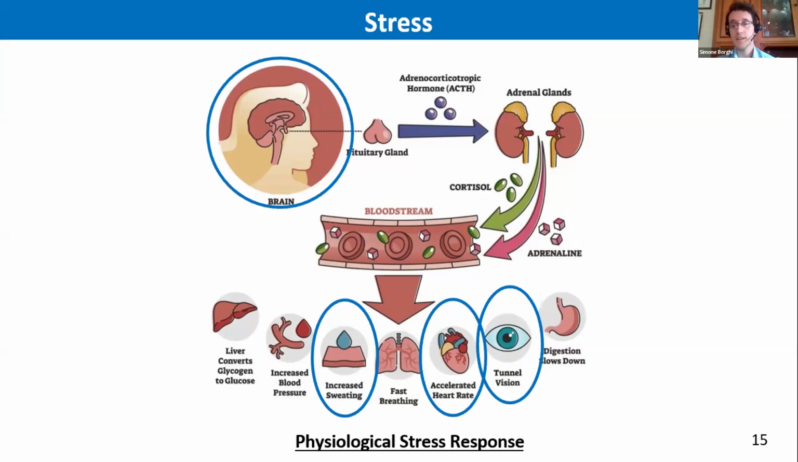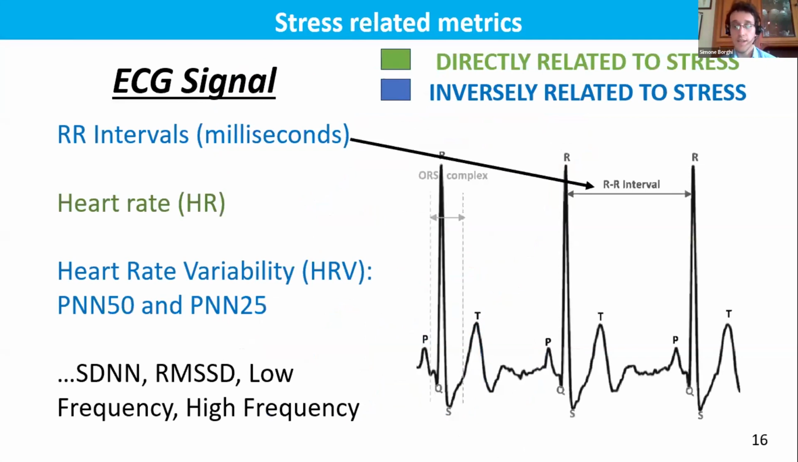Let's delve into the metrics useful for analyzing stress. So, ECG signal. A typical electrocardiogram trace is characterized by several peaks known as P, Q, R, S, and T, each corresponding to the activity of different regions of the heart. One of the key metrics related to heart rate is the distance between successive R peaks, referred to as RR intervals, expressed in milliseconds. A lower value of RR intervals indicates a higher heart rate and typically signifies a more